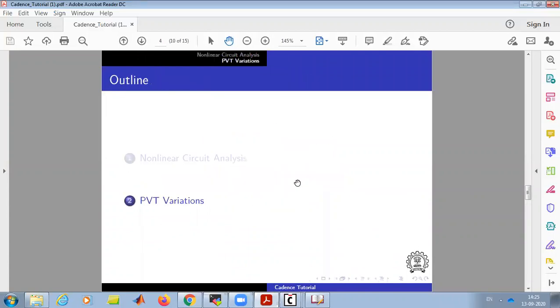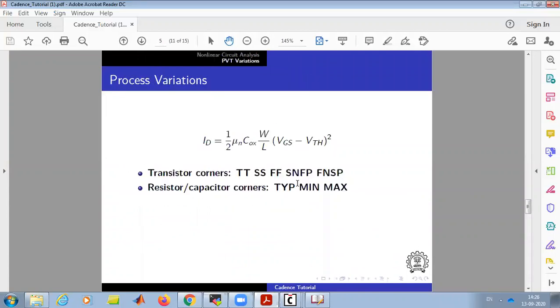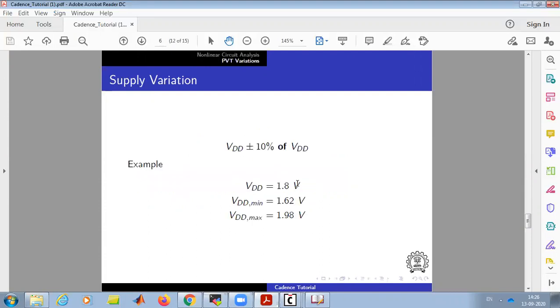So we are doing PVT analysis; we will simulate the variations. So this is process. Next is supply variation. If you design a circuit, take the example of the common source at 1.8, then after fabrication, how will we apply this VDD, this supply? We'll use a regulator. If you see the data sheet of any regulator, it's not always exactly 1.8. There are some errors, or it will be near. So a good approach is to simulate for 10% variation of VDD.